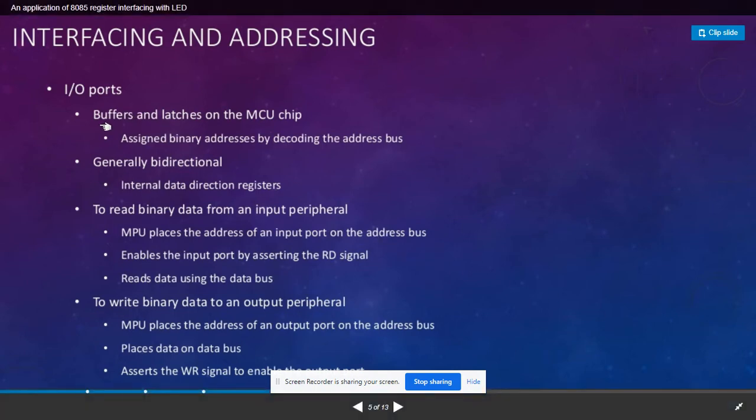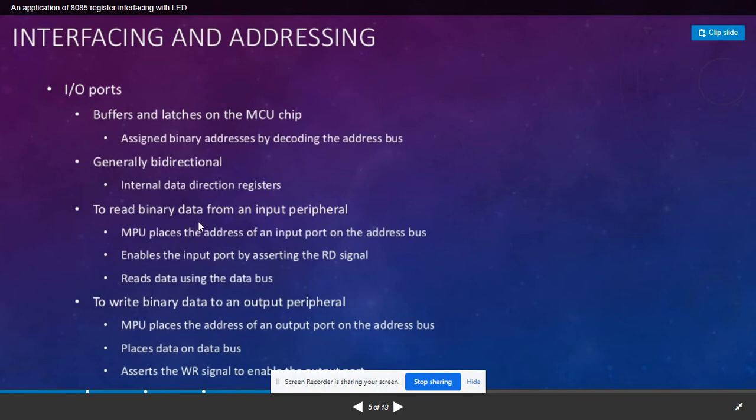So the input output ports, what are the input output ports? The buffers and latches of the microprocessor chip that are assigned binary addresses by decoding the address bus. The general bidirectional bus is the internal data direction of the register and defines the movement of data from microprocessor to input output device and vice versa.